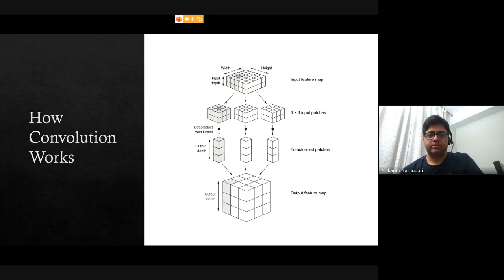Okay, so this one shows how a feature map is created. So we say an input feature map because the input to one layer is coming from the output of the previous layer. So there is a feature map that is being input to this layer, and in this layer,